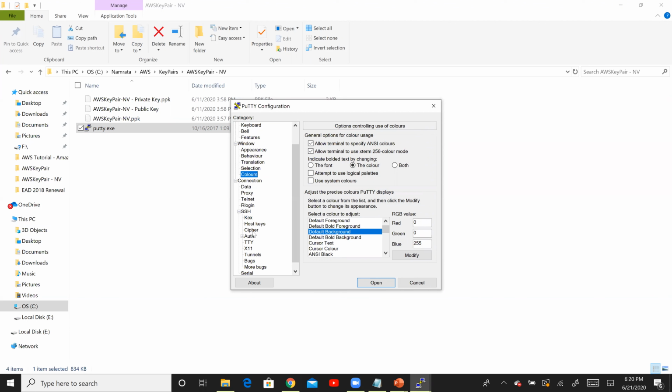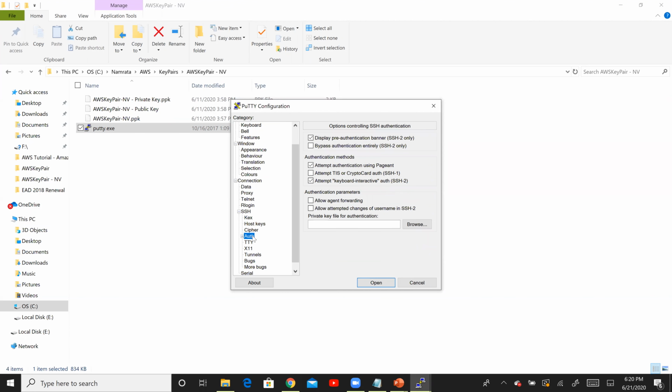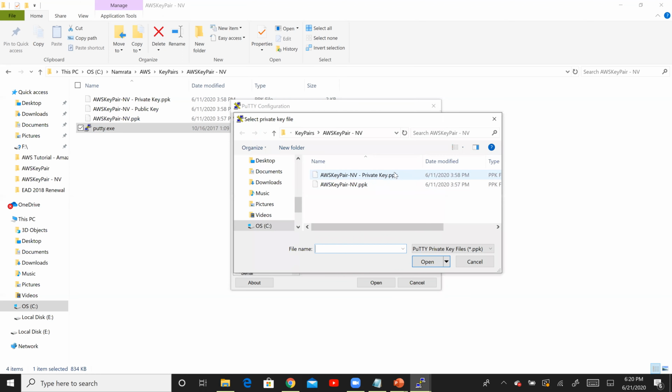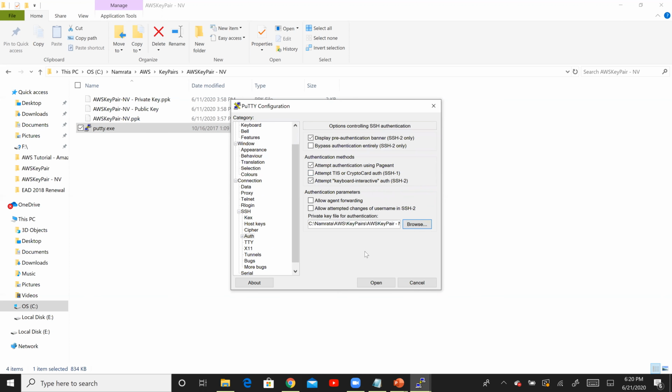Okay, so we have basically changed our private key. Remember we lost our private key, so we need to now use our new private key right here. Remember that this instance was launched using the AWS key pair. We have lost it and there was no way for us to connect. We have changed it.